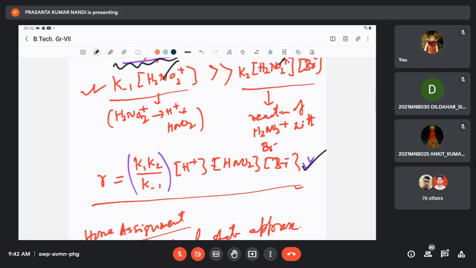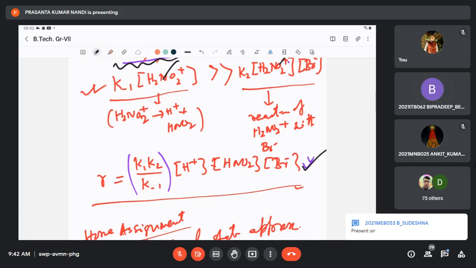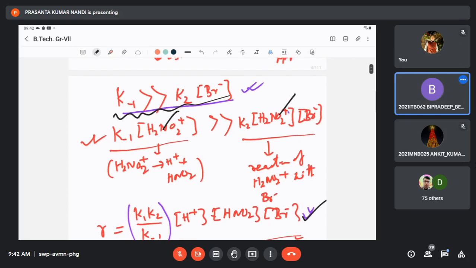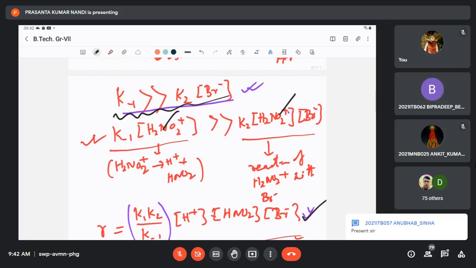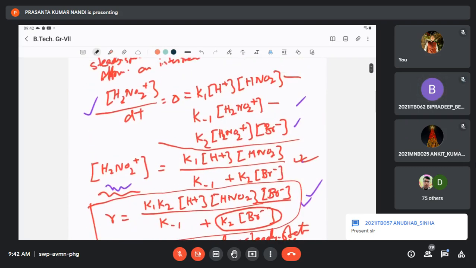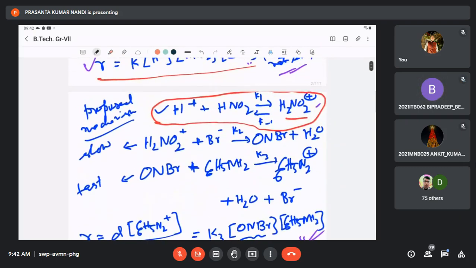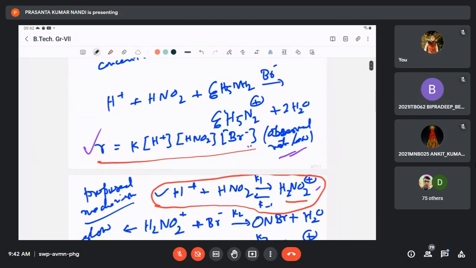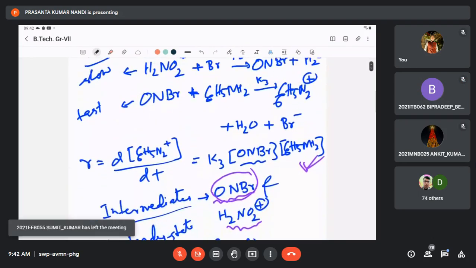Is it all right? That is, we establish the Yes, fact sir, I have a of doubt. the rate law. Do you have any doubt? Hello? Yes, sir. Sir, why Which are one? we considering that the second state is lower? Like, This one, this one. yes, sir. Yes, this one.